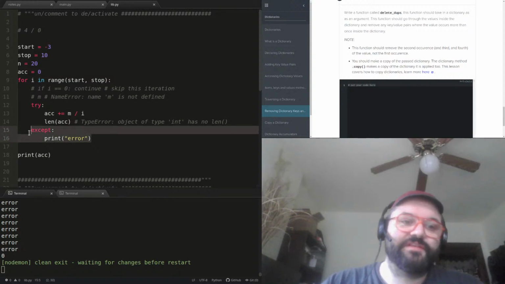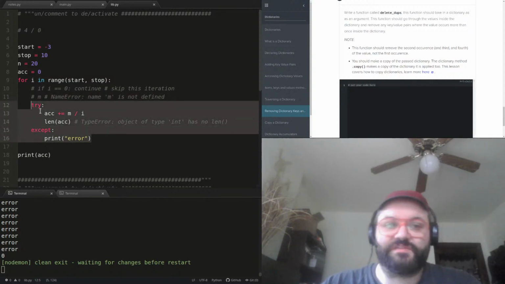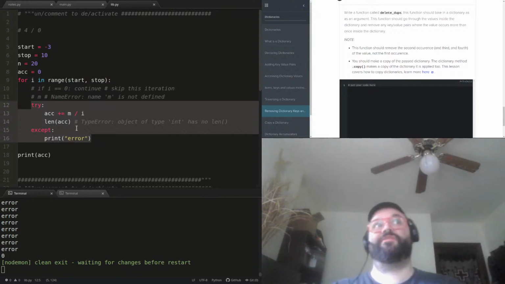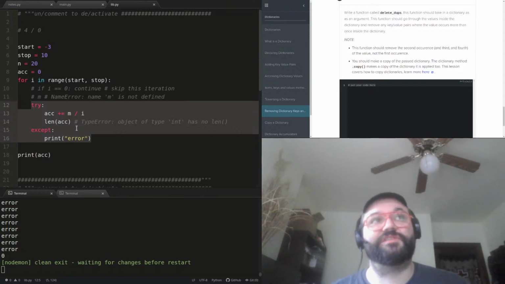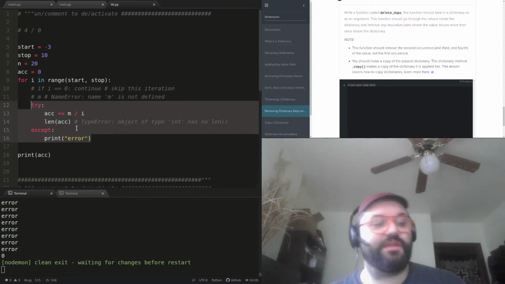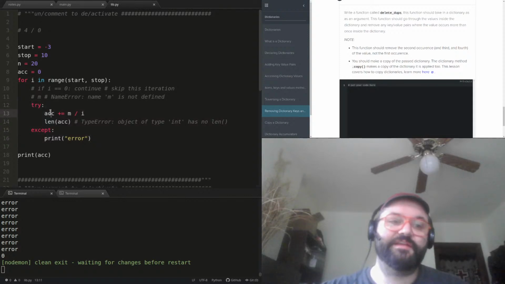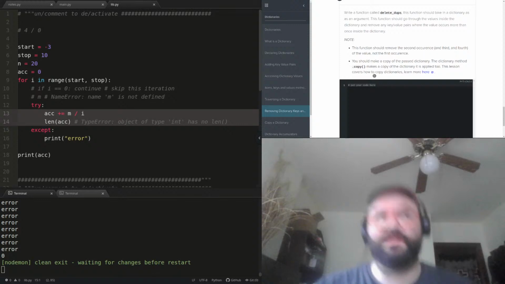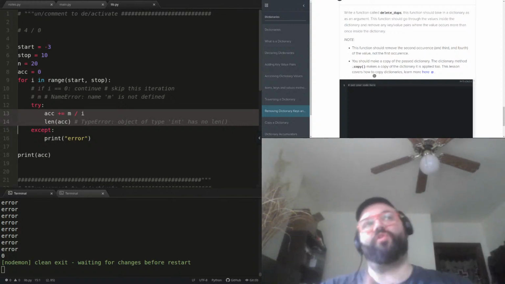I can imagine that there would be a time or a place where maybe this is called for. You're just like, hey, if there's any error of any kind, it could be a bunch of different errors, just try this other thing. Maybe this try block is 200 lines long or something, and you're just like, if this whole thing fails, I have an alternative.